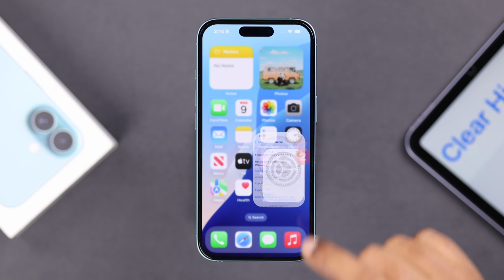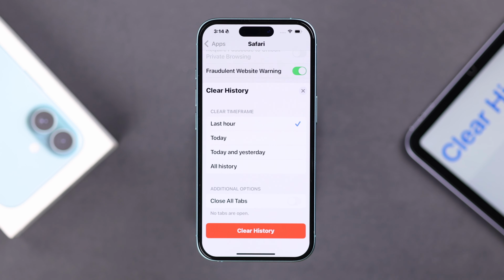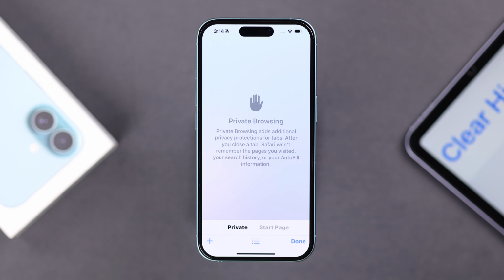So one of the common reasons behind this is if you have cleared your Safari history, let's say within a couple of hours, and you haven't been active since then. And also, if you constantly use Safari only on private browser, this might also happen because there is no history